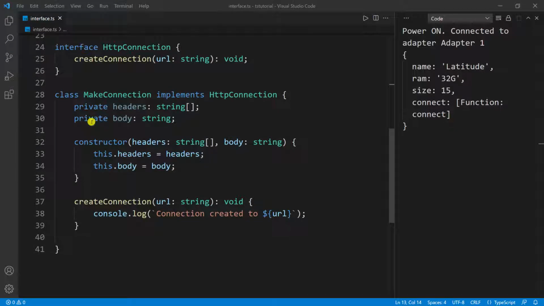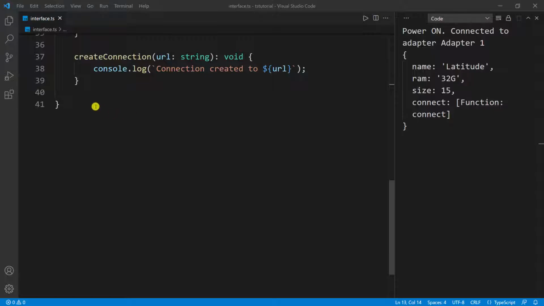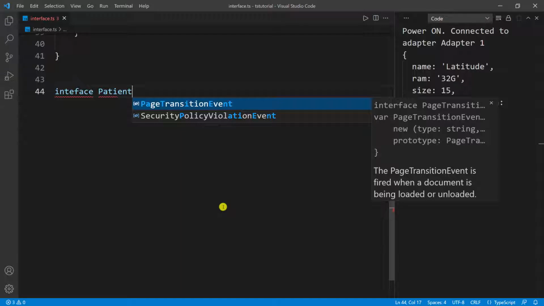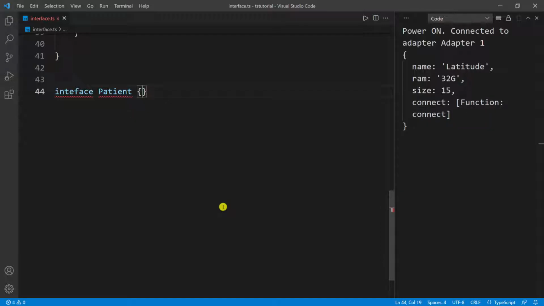Another thing we can do with interfaces is we can have one interface extend another. So I'm gonna scroll down and go down here. And let's say I have an interface, and I'm gonna scroll up some more. And let's say this interface, I'm gonna call it patient, for example. And this patient interface is gonna have, say, a name, which is gonna be a string. Right now, let's say I have another interface, so I'm gonna say interface, and I'm gonna